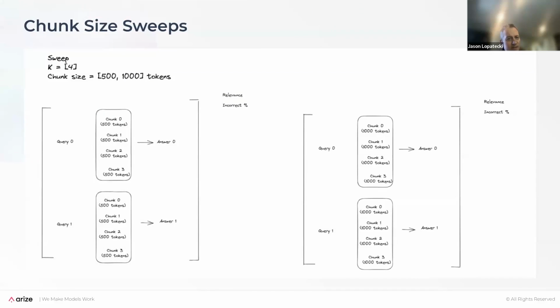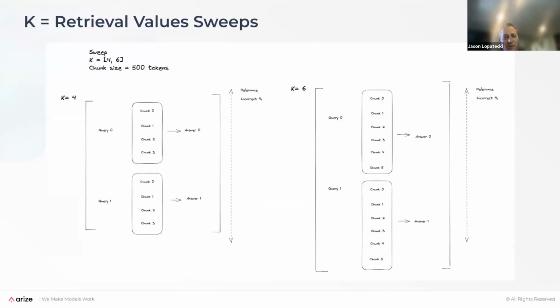A little bit about this: it shows what sweeping through chunk size looks like. This is an example of K equals 4 returned with a 500 chunk size to 1,000 chunk size, just an example of a sweep. And you can sweep all these variables together, so do all combinations thereof, just pointing at your docs. You can sweep through Ks, so you can get metrics on these values as you go through Ks. And I think one of the big insights is also on K, which is